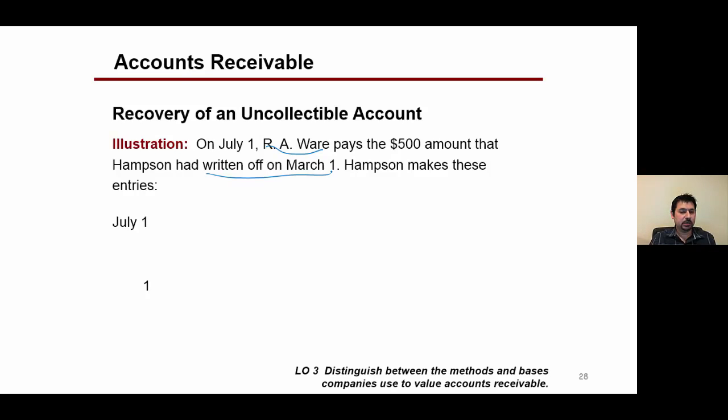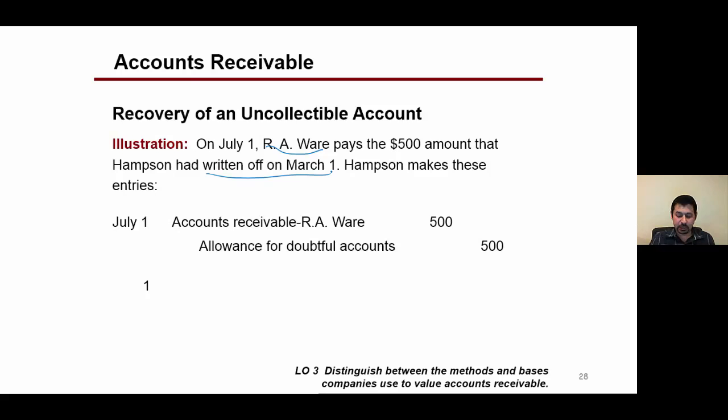The company cannot directly accept the cash, because as far as the company is concerned, they have written off the account receivable for that customer. So the first thing they need to do is re-establish that account receivable. The way to re-establish it is by reversing the write-off journal entry. As a result, they would debit account receivable for that account and credit allowance for doubtful accounts. This way, they have